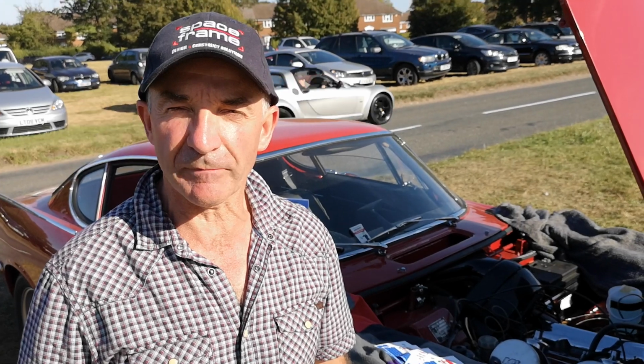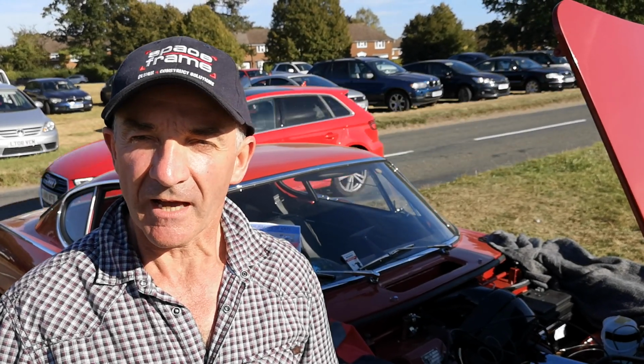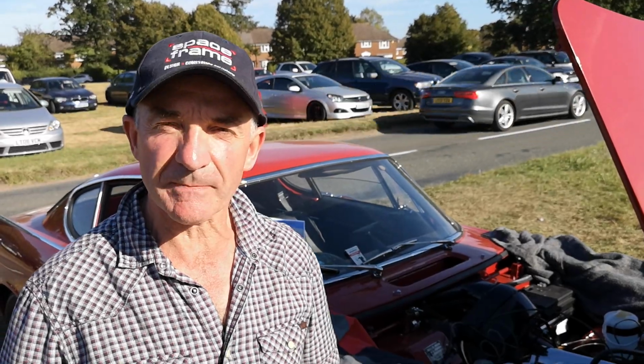We are at the classic car show in Croxley Green, and we've had a fun day out. We've met lots of people and given out lots of postcards today. We had a great trip out yesterday in Regent's Park in London,